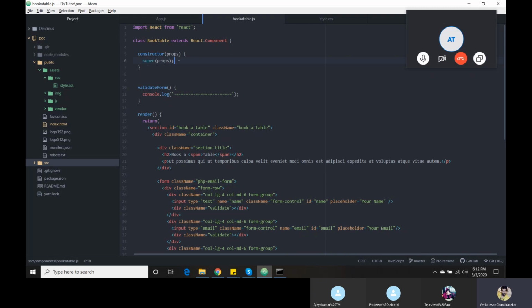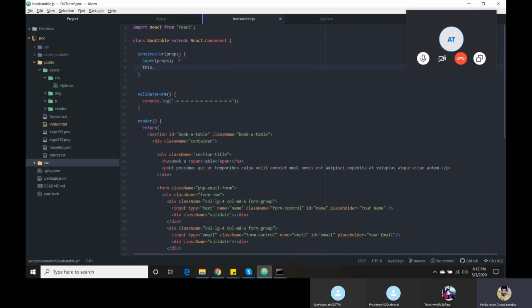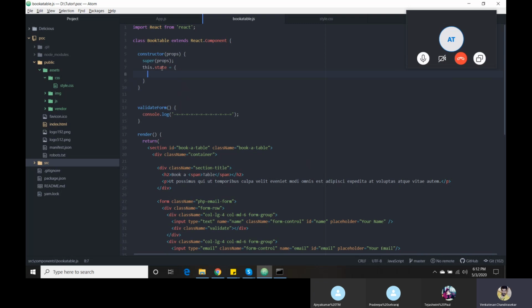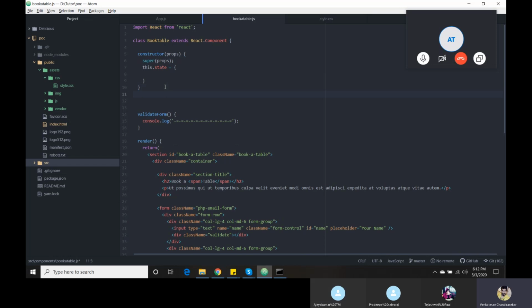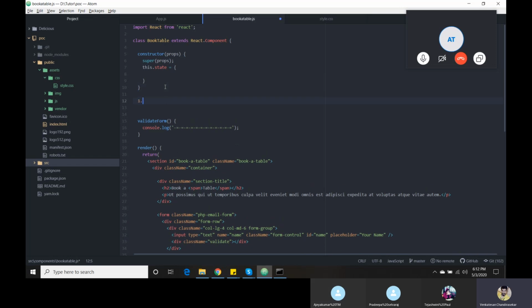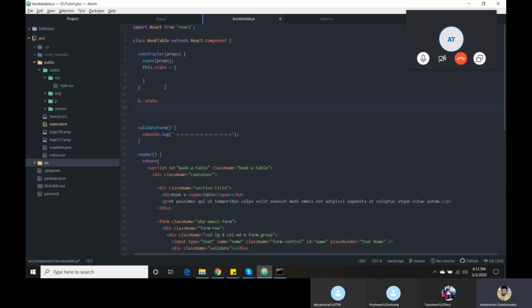It gives the this keyword for accessing our object. This is a simple object. The React feature has two major elements. First one is state, another one is props.